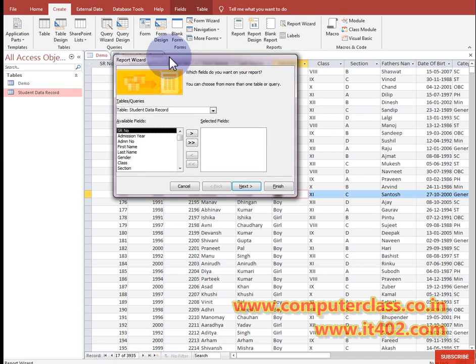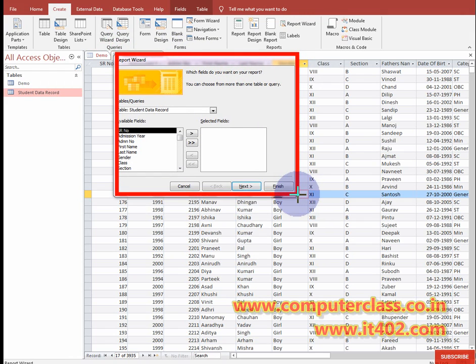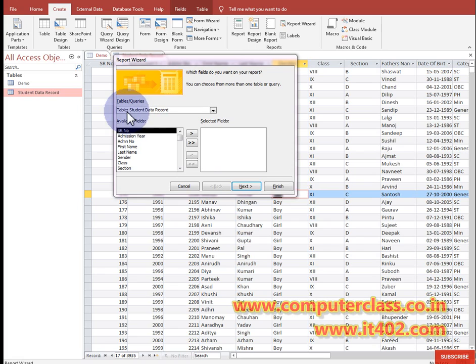So this is the report wizard. We need to follow all the steps in the report wizard. In the first one, we can see all the tables which are available in my current project. If I click on this combo box, there are options. There are two tables, the first one is demo. I can also see these two tables here. All the tables will show here. You just need to select your particular table.